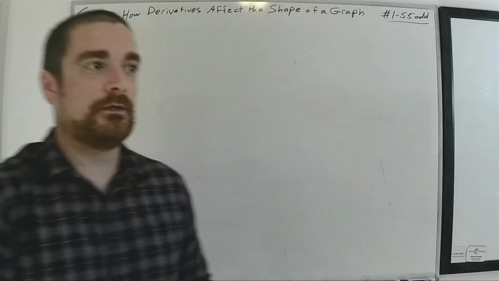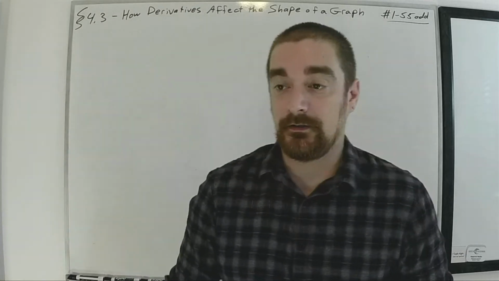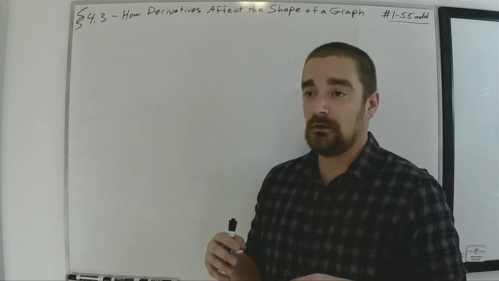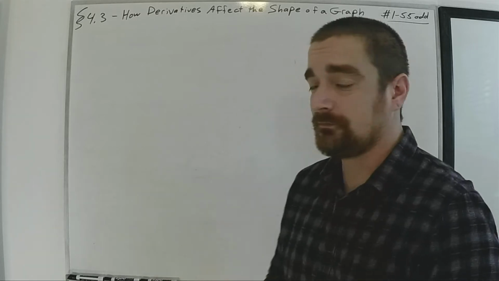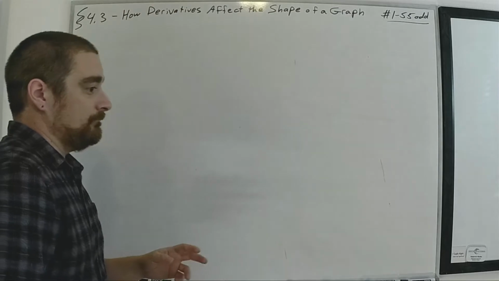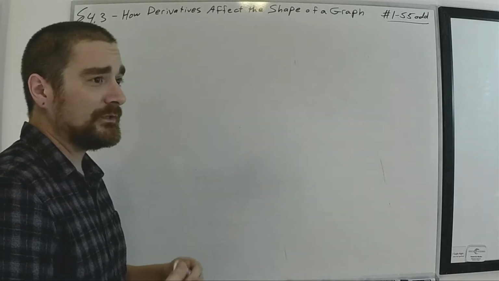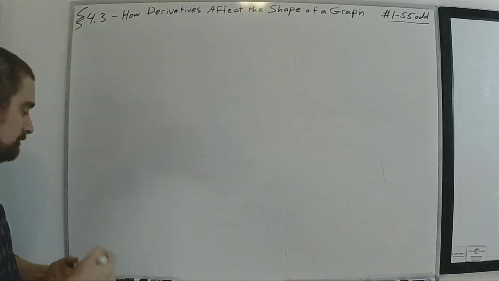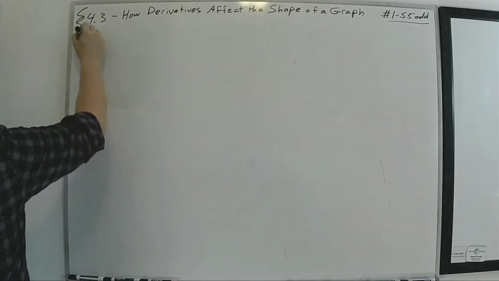Hello everyone, and welcome to section 4.3, where today we're going to talk about a lot of graphing, how we can use the derivative to draw the shape of the graph more accurately. So we know about the first derivative and the way it provides rate of change information. And we'll also talk about the second derivative and the information it provides for the graph. And we'll use it to get a much more accurate graph just by hand. So in this section, the first thing that we want to do is kind of go back and mention